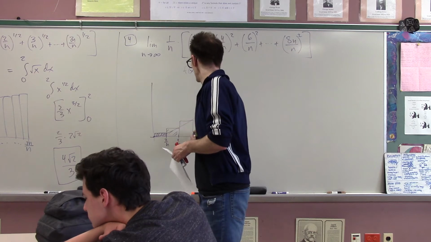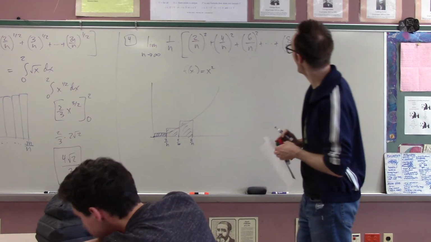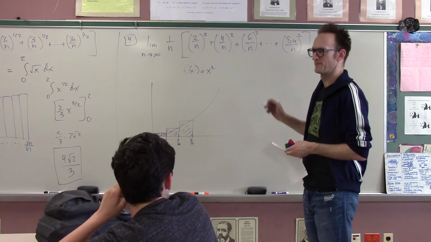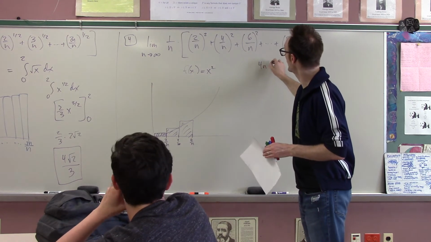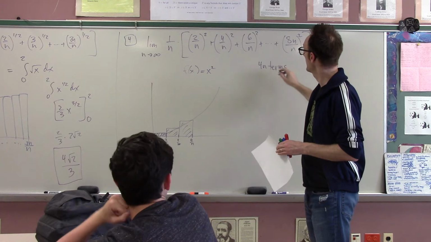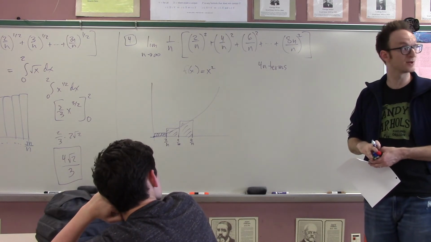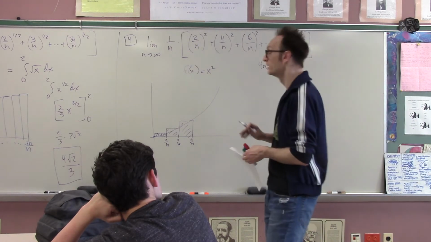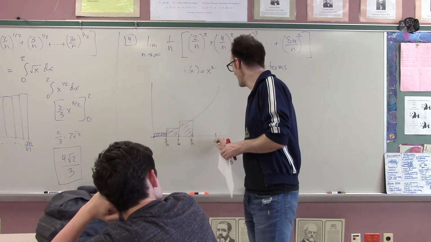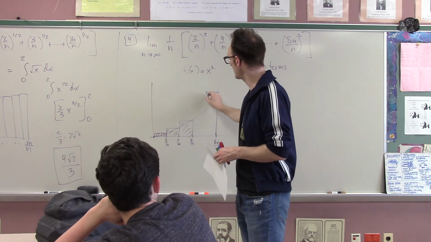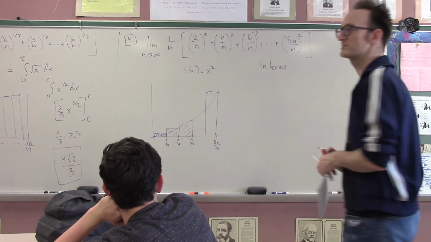Okay, maybe a next question to ask is, how many terms are inside this bracket? That's worth mentioning. 4n terms, that's pretty crazy. And what's the last one? What's the last rectangle that I appear to be plugging into this function? Like 8n over n. And so this appears to be some kind of integral from 0 to 8, but